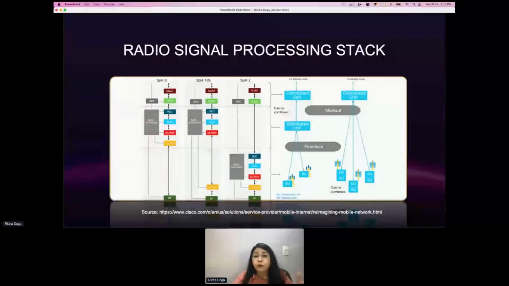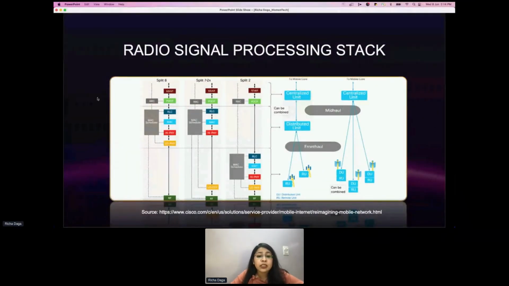If you would see what used to happen in 4G, we had a BBU, that was the baseband unit. But with the coming of the 5G CRAN, that BBU became decentralized and disintegrated into the distributed unit and centralized unit. The interface that existed previously between the radio unit and the BBU was CPRI, that is Common Public Radio Interface. But this CPRI cannot be enhanced and used for 5G architectures because it cannot cater to the huge bandwidth demand that 5G brings in front of us. So that's why eCPRI came into the picture, which is used in the fronthaul networks.